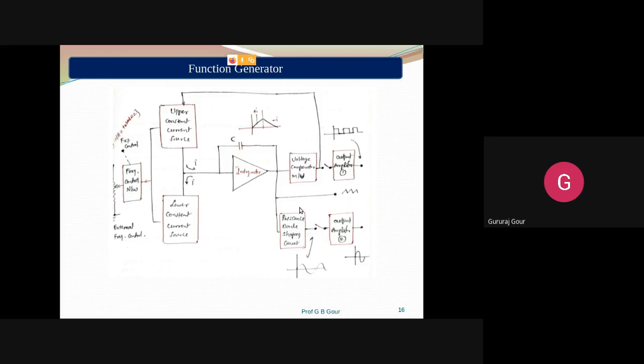Basically, the integrator is going to give us directly the sawtooth waveform. If we pass it through the switching output amplifier, it will give us the square waveform. And the same sawtooth waveform, the output of the integrator, if you pass it through the diode shaping circuit, will give us the sinusoidal waveform of the desired input frequency. So this input frequency decides the slope of rising or falling currents, which gives different shapes of waveforms. If you want, you can have sinusoidal, sawtooth or square. Each waveform has a different shape decided by the slope, which is decided by the input frequency.